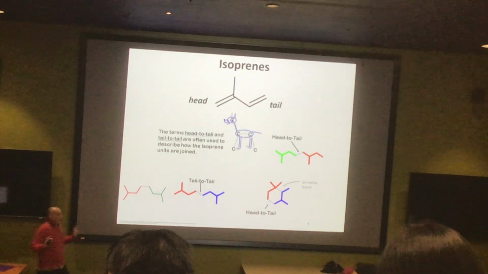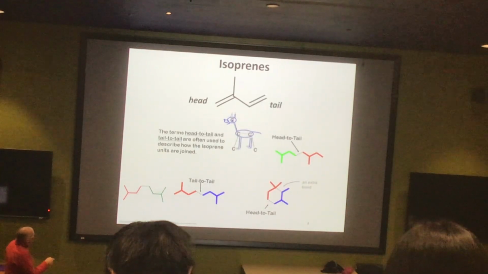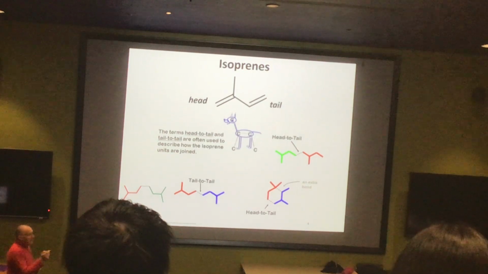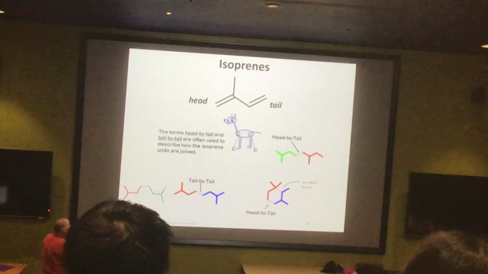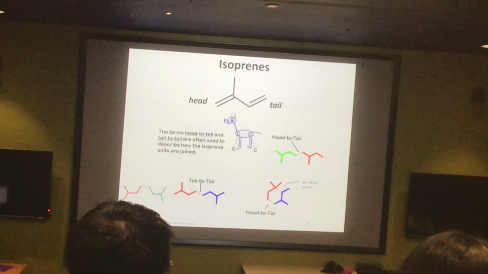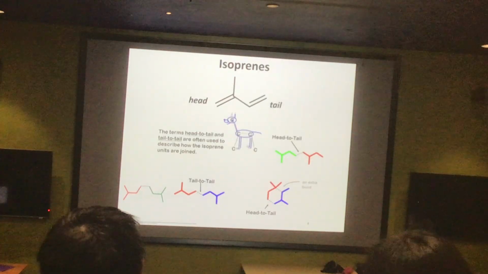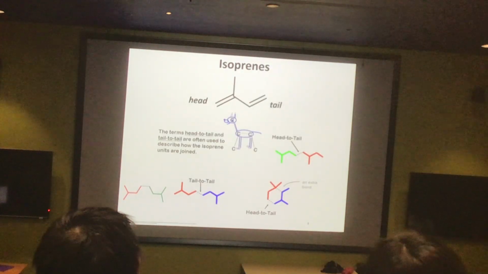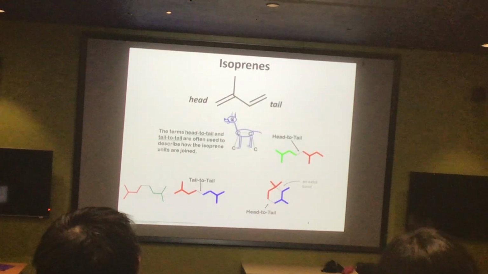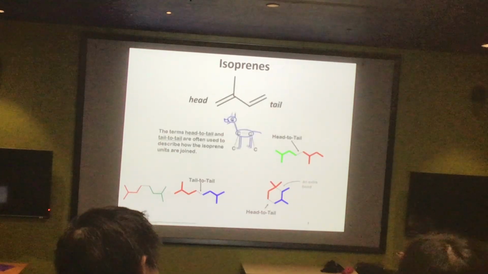So let's dissect this further, this connection process, this process of building. Here's isoprene, right, which, just to be clear, is not the actual component, right? Isoprene is our phosphate. But we can kind of start to imagine when we look at these molecules how we can connect them. And it turns out that there are 2 types of chemical connections geographically described that we can have in assembling these. They can be described by, I didn't invent this, the figure of a dog. A dog has 2 ends, a head and a tail, and we can describe isoprenes in the same way. Here is the head of the isoprene, and here's the tail.